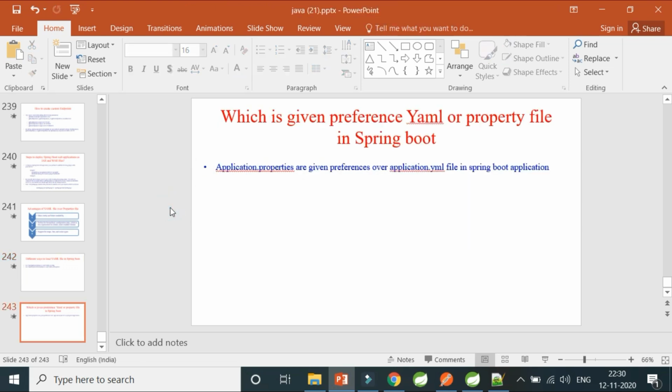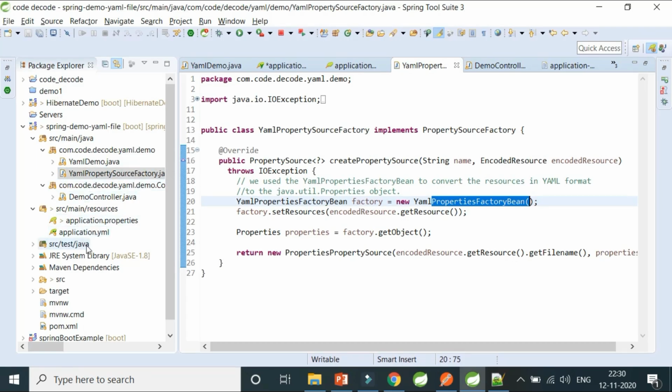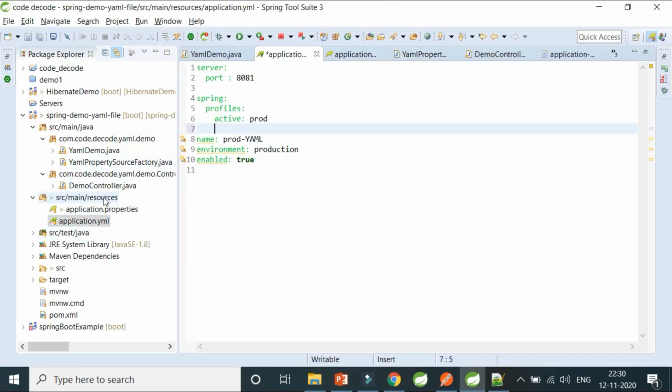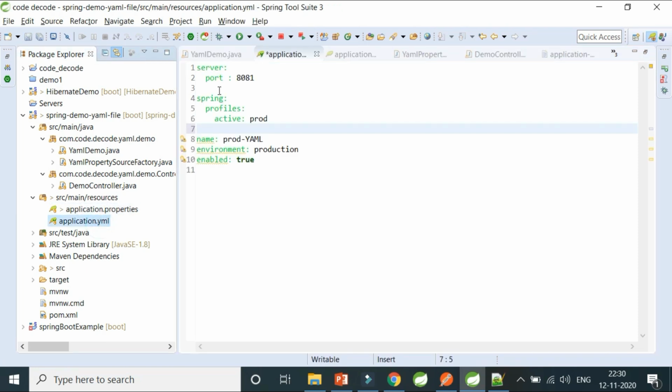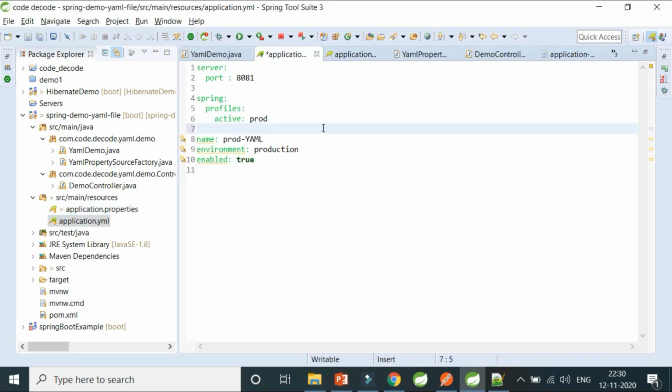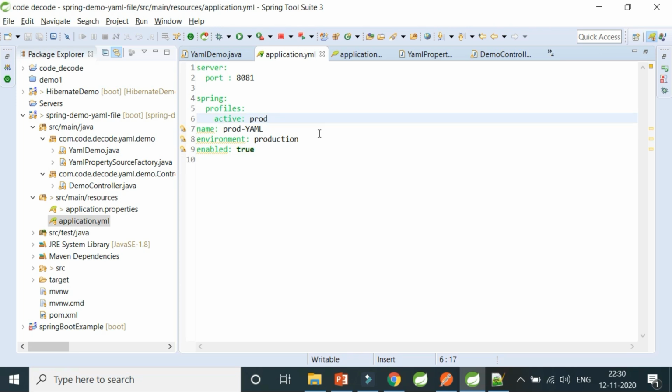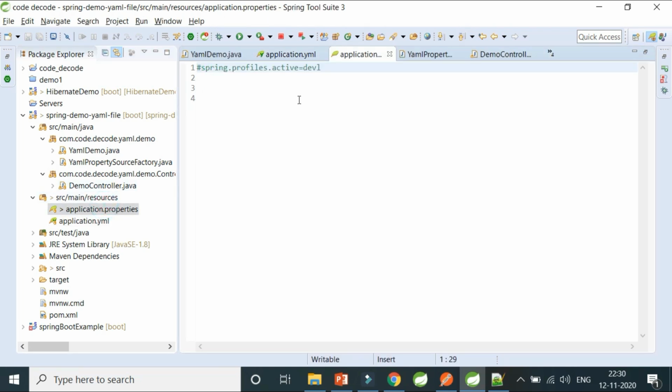Now the last and a very important question is, when you have in your application a YAML file and a properties file, then Spring Boot will give advantage to whom? To the properties file or to the YAML file? The answer to this is that preference will always be given to the application.properties file. And how can I make sure of that?